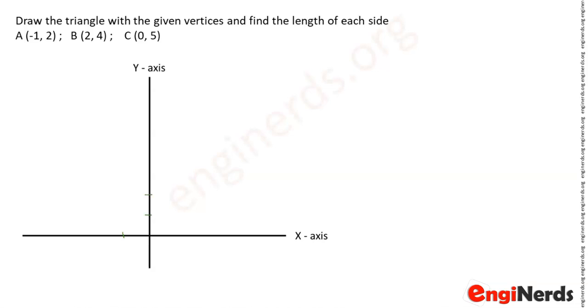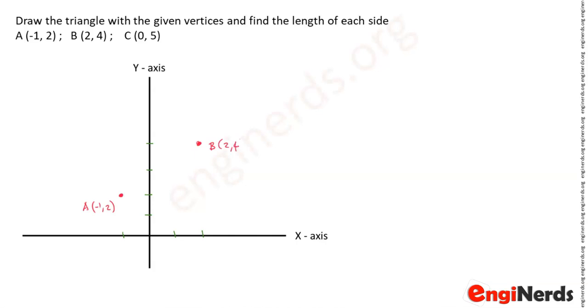So, our point A is here, somewhere here. Okay? So, this is our point A, which is negative 1, positive 2. And then, locate natin yung point B, which is positive 2, positive 4. So, we have 1, 2, and then positive 4, 3, 4. Therefore, ang point B natin is somewhere here. Okay? So, itong point B,